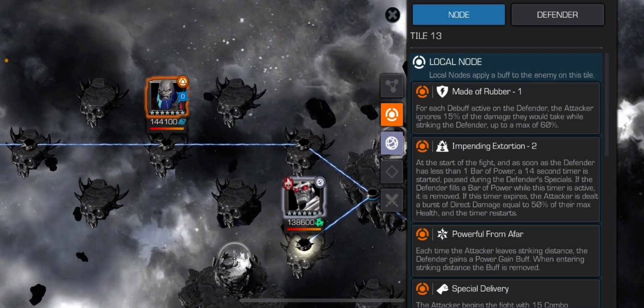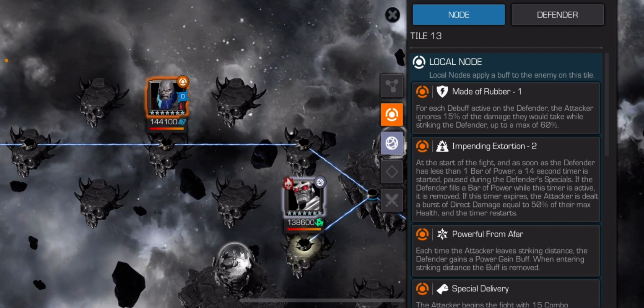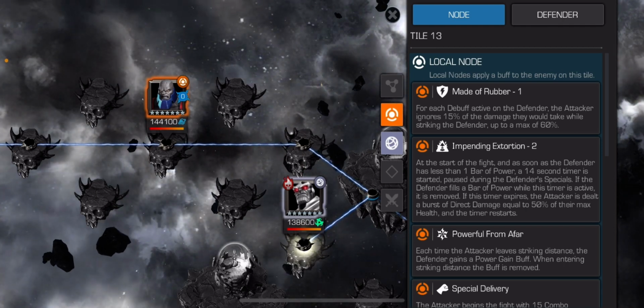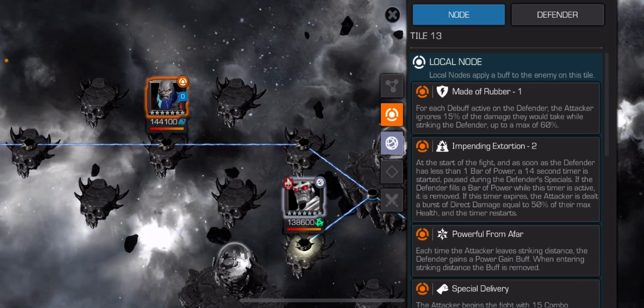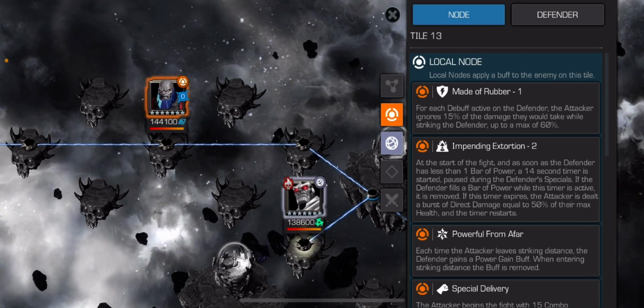Impending Extortion is another one. At the start of the fight, as soon as the defender has less than a bar of power, a 14-second timer is started. Pause during the defender's specials. If the defender fills a bar of power while this timer is active, it is removed. If the timer expires, the attacker is dealt a burst of damage equal to 50% of their max health. So that's, you take 50% direct damage if